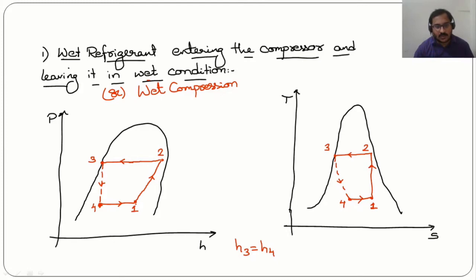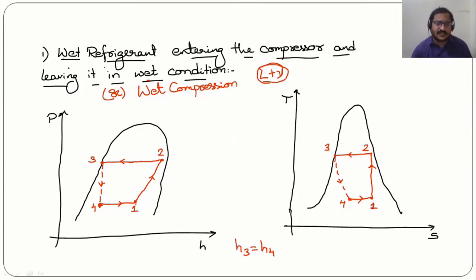So when it comes to this wet compression, the compressor components get damaged due to corrosion and erosion, because the wet refrigerant is entering into it and leaving it. So compressing this wet refrigerant means this is a mixture of liquid plus vapor. So compressing this liquid plus vapor mixture is a difficult task, and which leads to the corrosion and erosion, and at the same time damage to the compressor components.